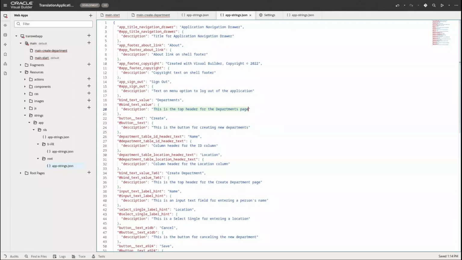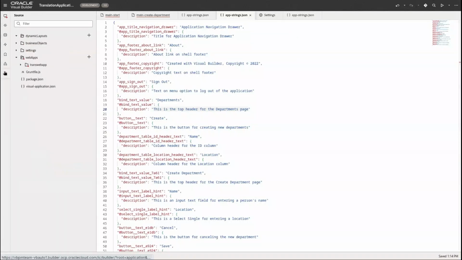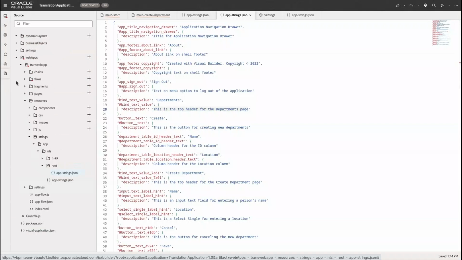So let's go back over to here. So lab number 2. The first thing we're going to do is enable the localization. So we're going to go to the Sources tab. And in the Sources tab, I've already got it open here. We're going to go to Web Apps. I'm going to go to the app that we're working on. And then